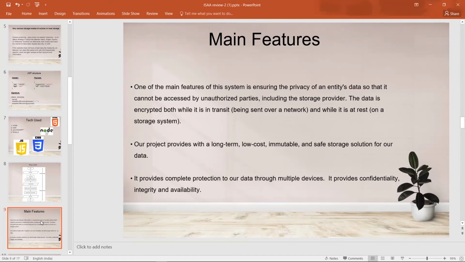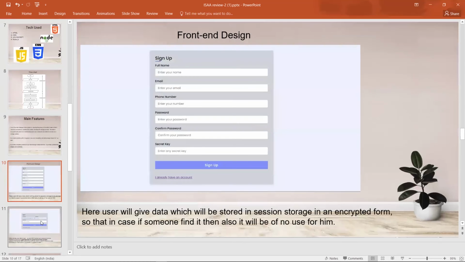The project provides a long-term, low-cost, immutable and safe storage solution for our data. It provides complete protection to our data using multiple devices. It also provides the CIA property: confidentiality, integrity, and availability. Now Rajdeep will take over. Thank you.